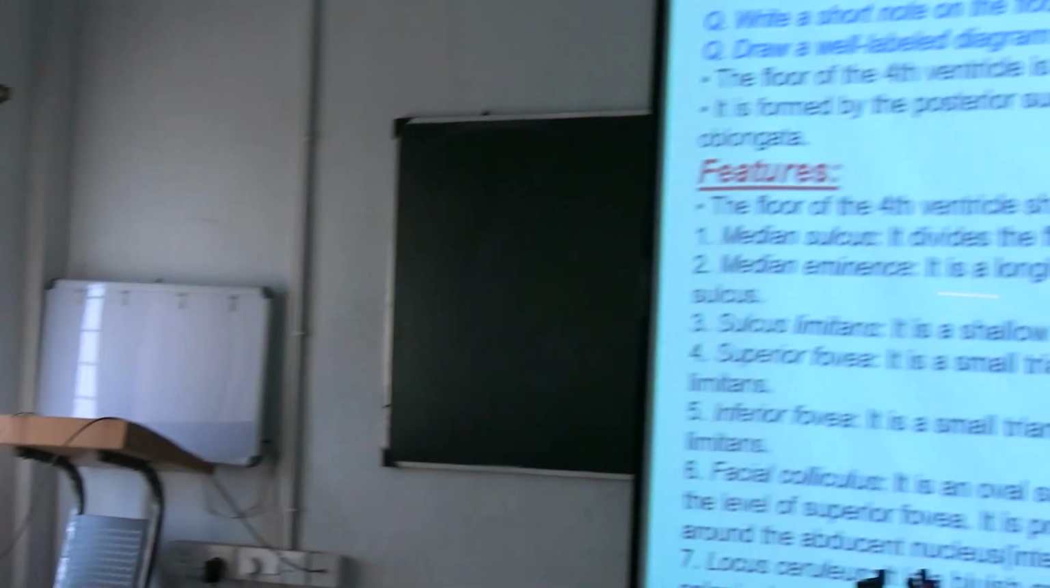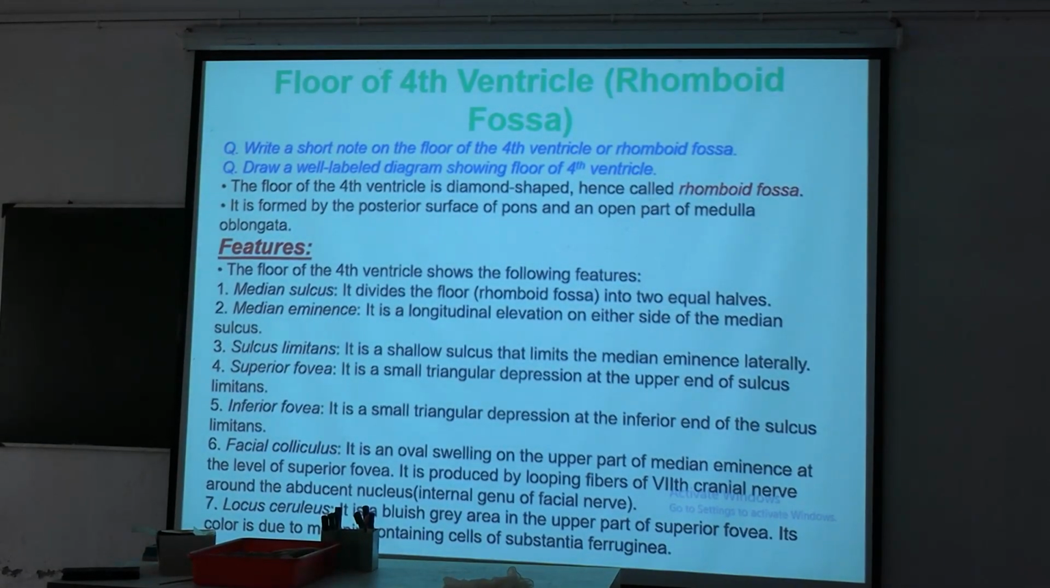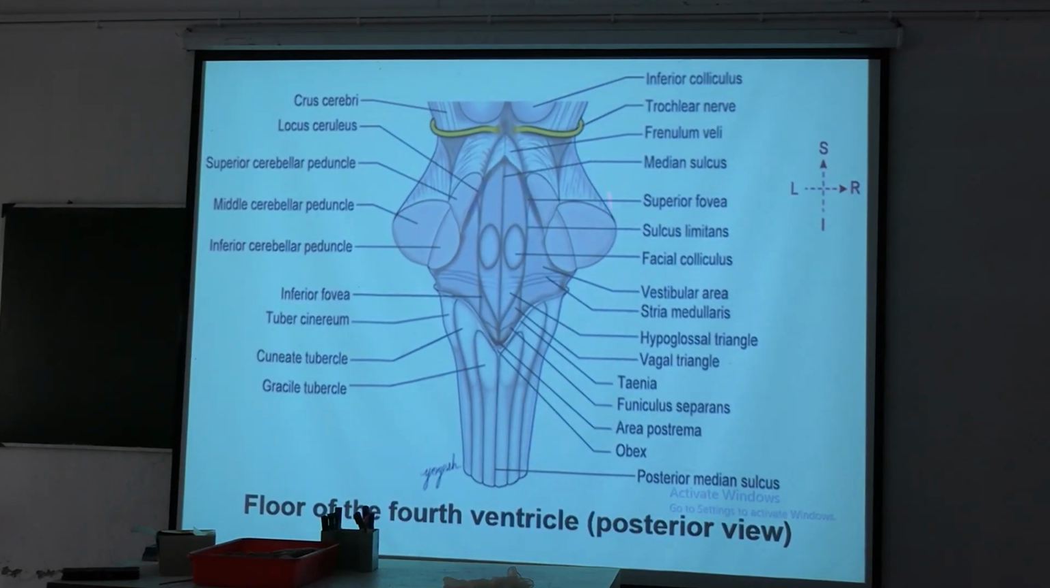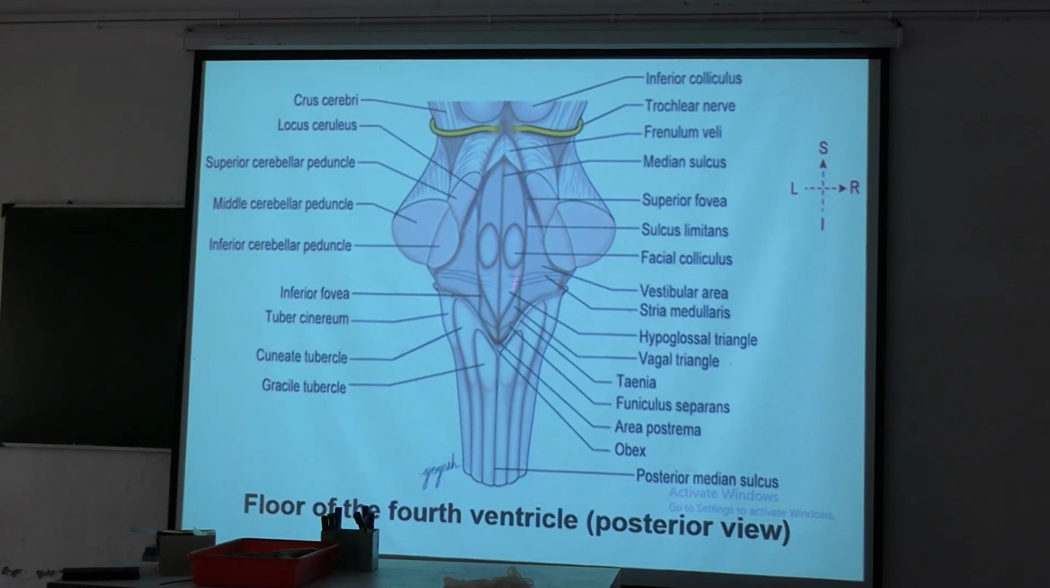Okay, so the median sulcus divides the floor or rhomboid fossa into two equal halves. Next, lateral to this median sulcus. See here, look at the diagram. This is the diamond shaped floor of the fourth ventricle. This midline one is the median sulcus. On the two sides, these two elevations are known as